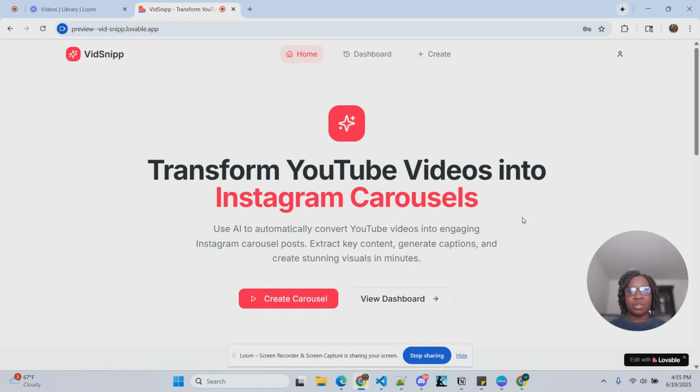A big part of this tool is to use AI to convert a YouTube video to an Instagram carousel. And I would say, at least with how I try to vibe code everything, I wasn't able to crack it. I was trying to give it prompts. I did get some improvements with it, which I'll show you later in the video. But ultimately,